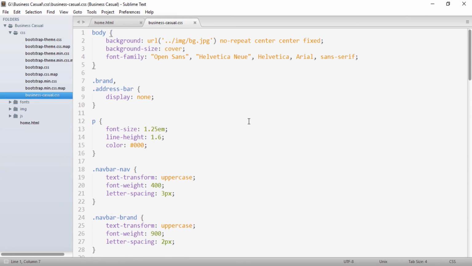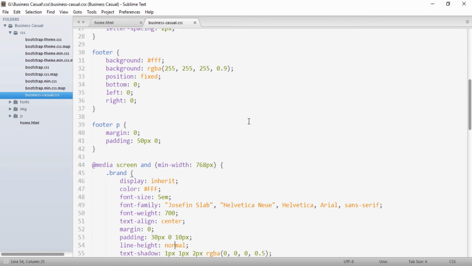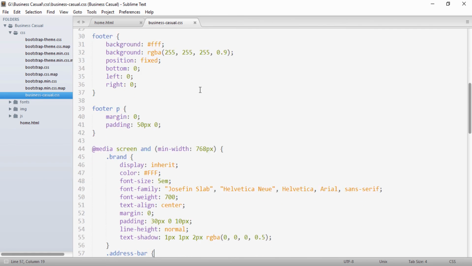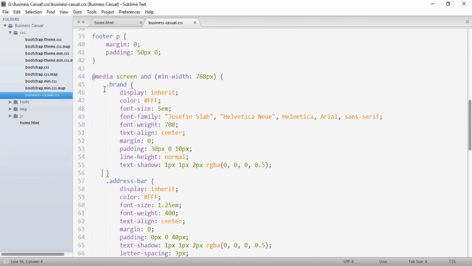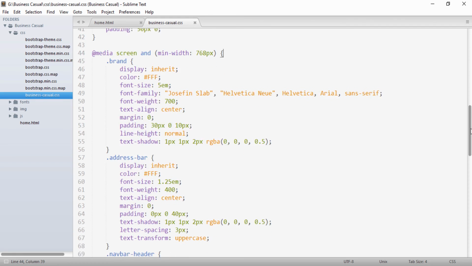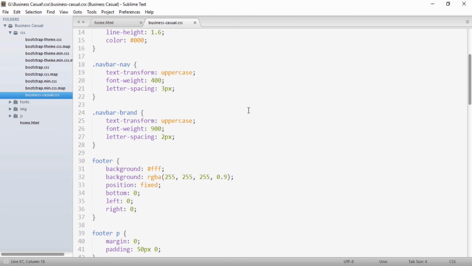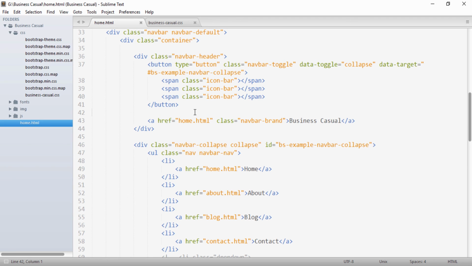Here mostly the changes were applied in the CSS part. Whatever CSS classes we provided in the previous tutorial were for the whole website, but in this tutorial we discussed how we need to change it when it's a mobile. So all the CSS we migrated into this media query because we wanted to apply that CSS when the width is greater than 768 pixels. So we just placed all this CSS here, and for mobile devices we made some properties common. So these were the common properties irrespective of screen size. So friend, this was all about mobile navigation.